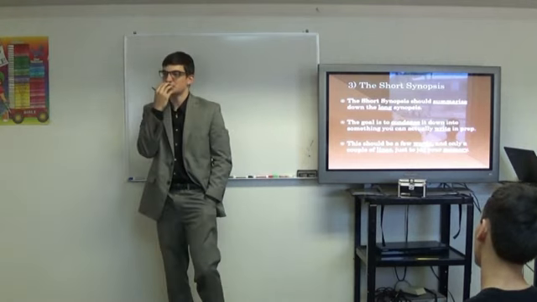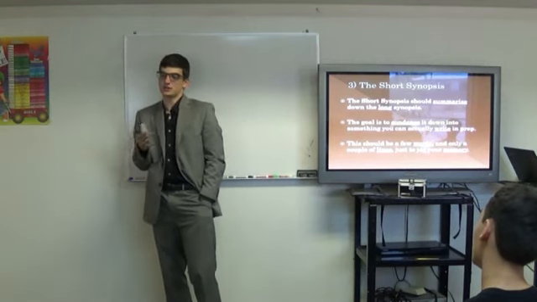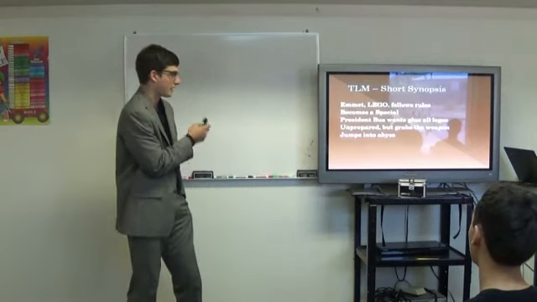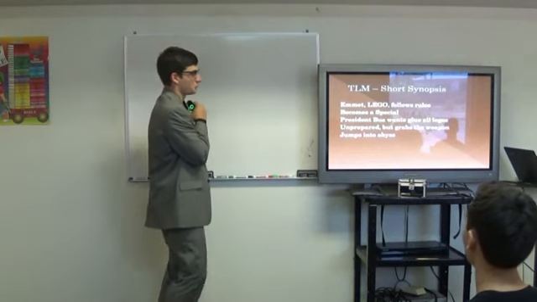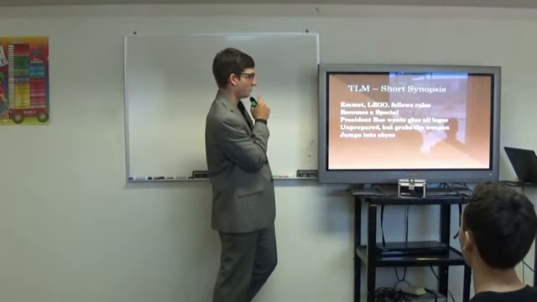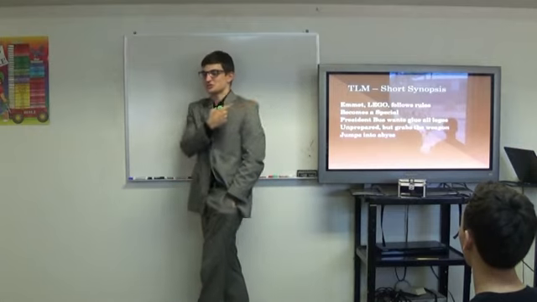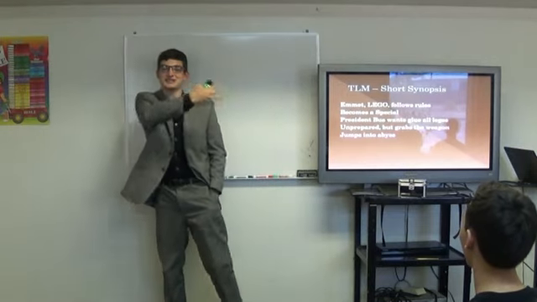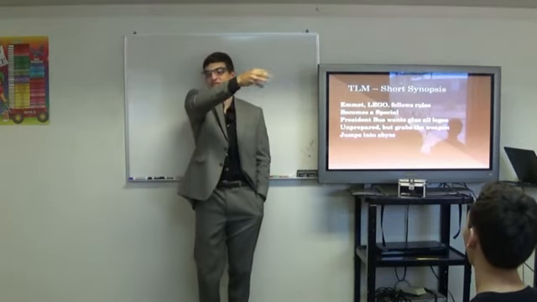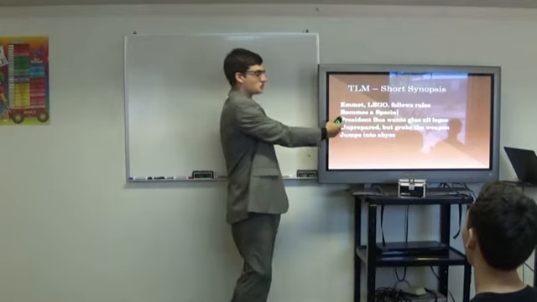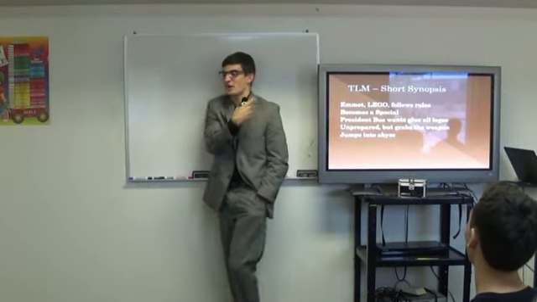Sometimes, if I don't understand my short synopsis, I get turned around. I'll show you the short synopsis real quick. Emmett Lego follows rules, becomes a special. President Business wants glue all Legos. Unprepared, grabs weapon, jumps into abyss. That's my short summary. That is my summarization of that long synopsis that we had. You see how this is so much shorter? It would be really easy to write down in prep time.